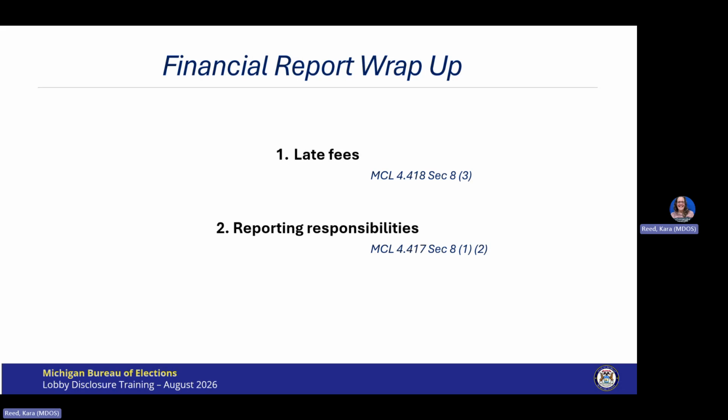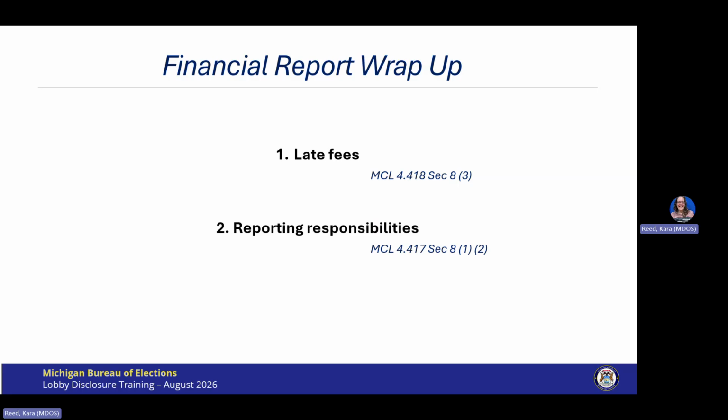The winter financial report statement year will be the year prior to the due date. So for the upcoming 2026 winter financial report filing, the report will be submitted in 2027, even though it is for the 2026 reporting period. I know that was a lot, but I use this example because it is so easy to select the wrong statement year for the winter financial report because the filing window falls outside the statement year.